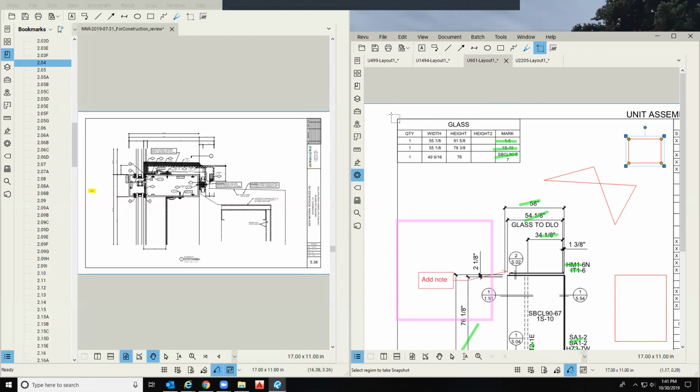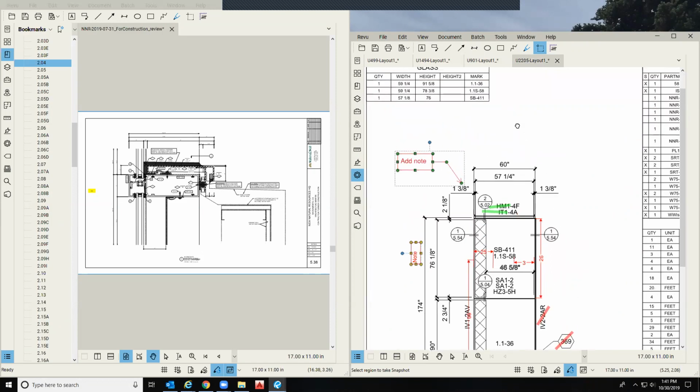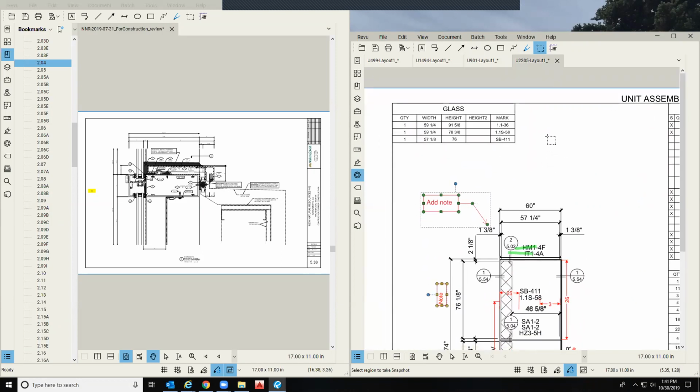So if I'm going to select this area where it says glass, I'm just going to box around that and then watch as I let go of the left mouse button, it's going to flash. And that means it's copied onto the clipboard. So now I didn't have to hit Control-C or anything. It's just there. Now when I hit Control-V and paste it in, it's going to actually paste. So I didn't follow my own advice. I didn't keep my mouse where I wanted it to paste. So if I hit Control-V and paste,